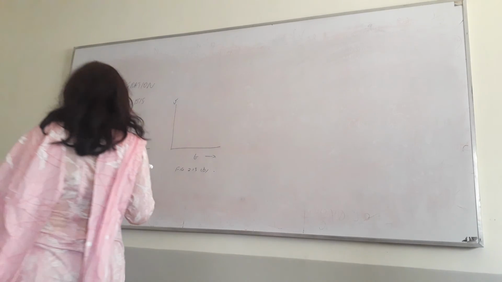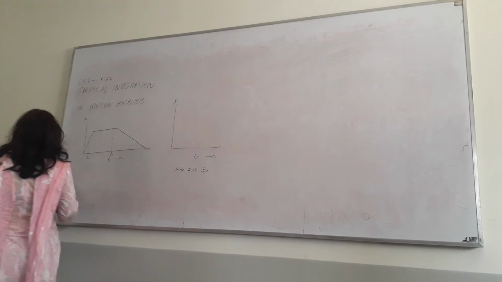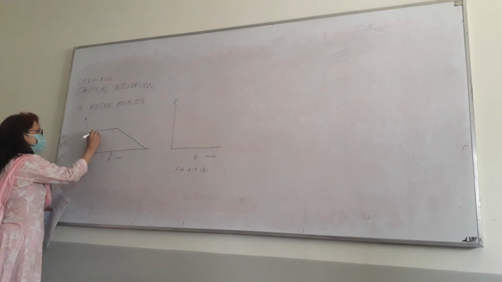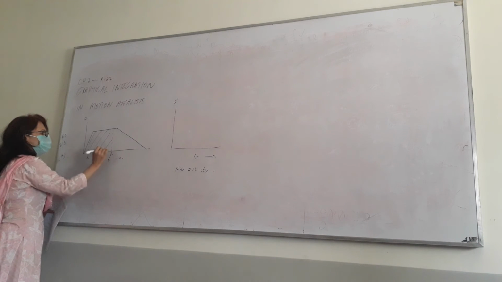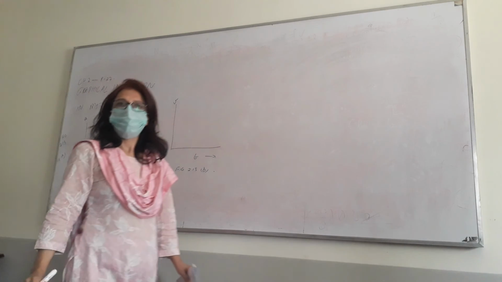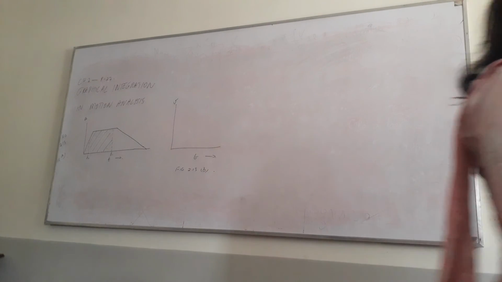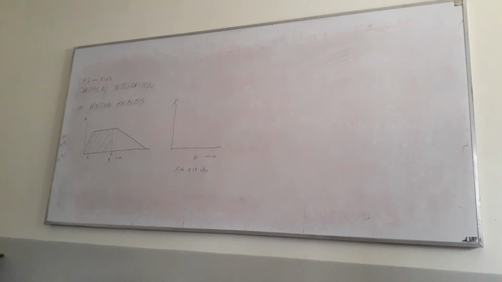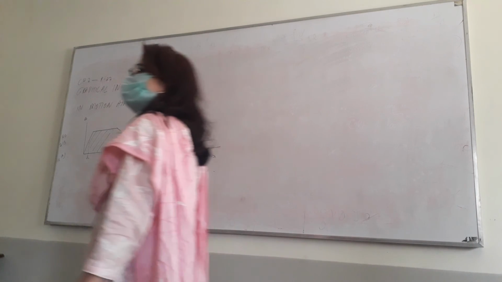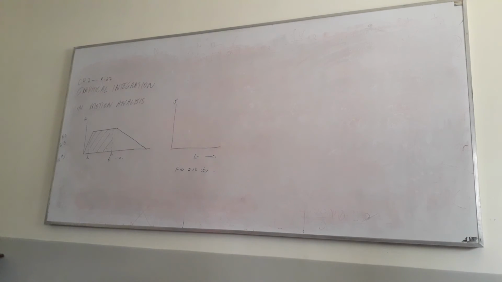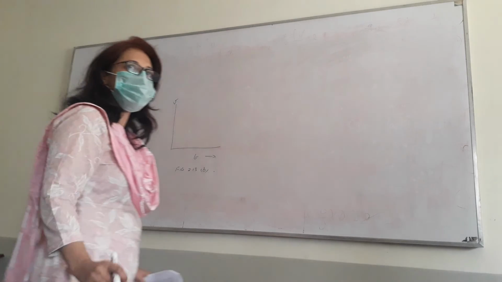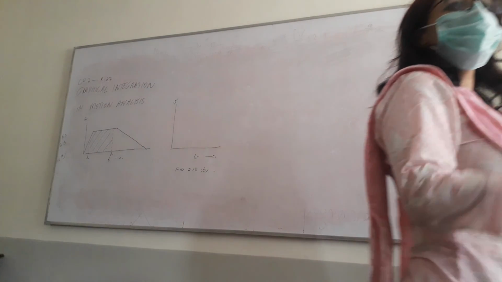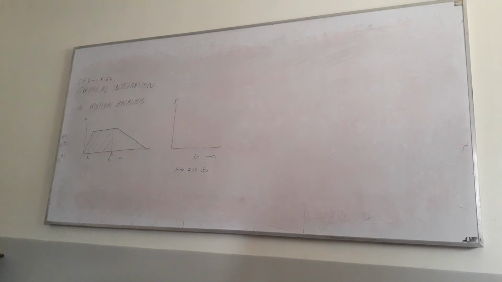Okay. So anyway, now when I've marked this, if I take the area under this curve, what will I get? The area under the curve will give me, yes? Think and tell me. What will be the area under the curve? If you have acceleration a along the y-axis and you have time t along the x-axis, what should it be?